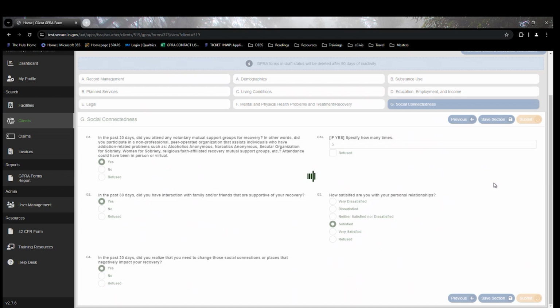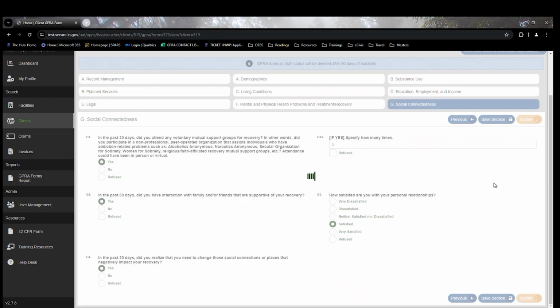Again, if the form is successful right now, it still needs to upload into the SPARS system. So GPRA has moved from our DEBS website to SAMHSA's federal reporting system called SPARS. Overnight, or each night, any GPRA inputted into DEBS will process into the SPARS system. And if there are any funky responses or responses that do not make sense for the GPRA collection, then you'll